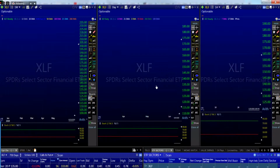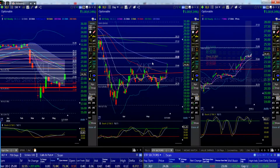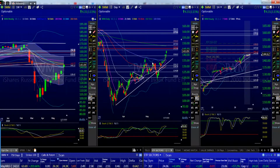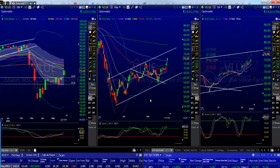Obviously, banks are screaming higher as well. So yes, this small cap move is something that I wanted to talk about because I think it's got a little bit more legs. Okay. All right. So,